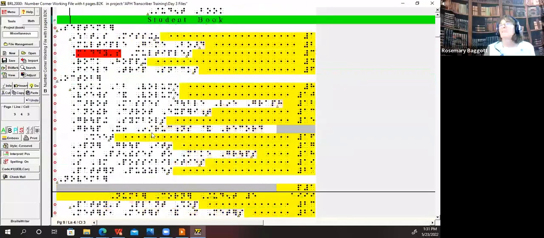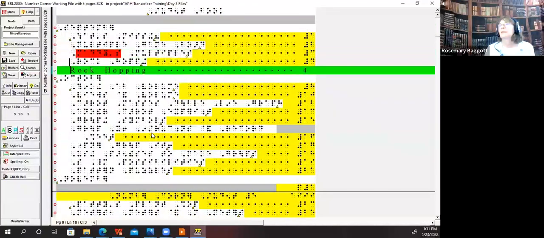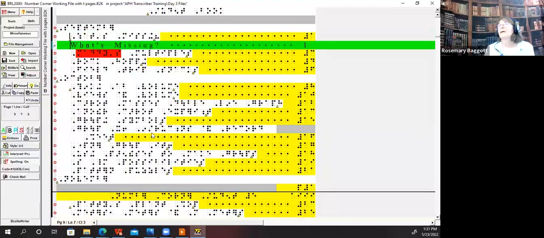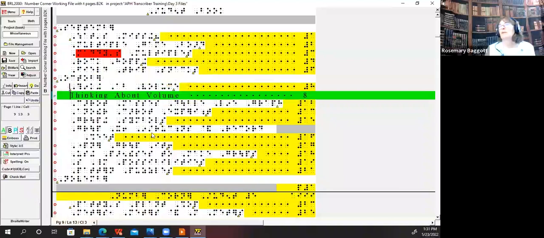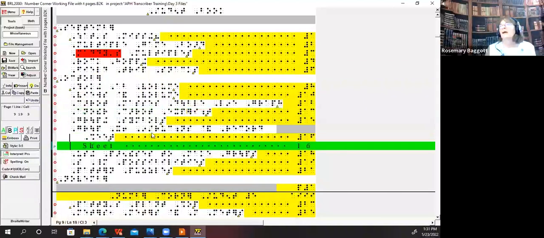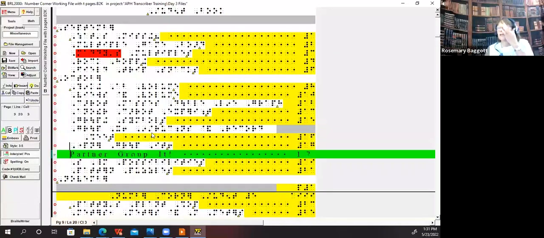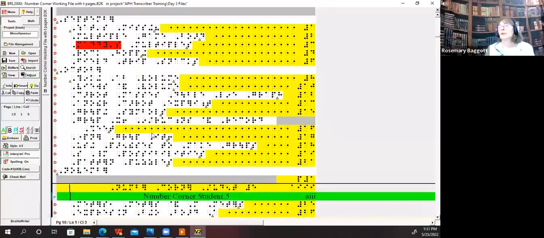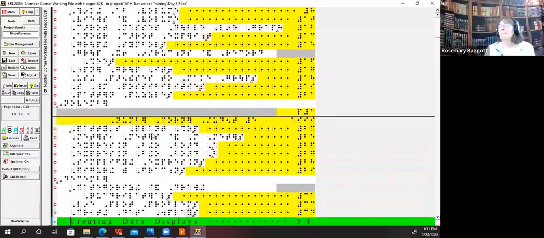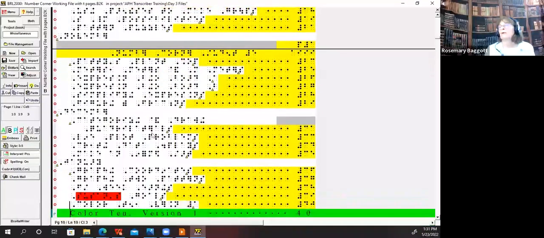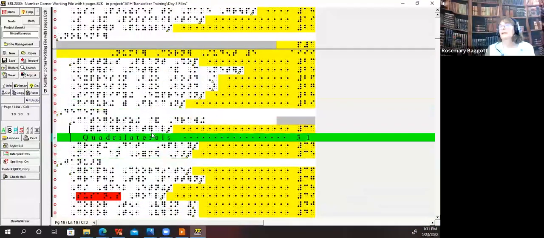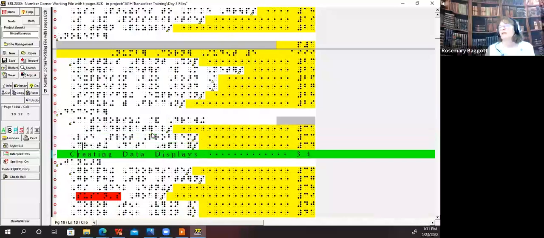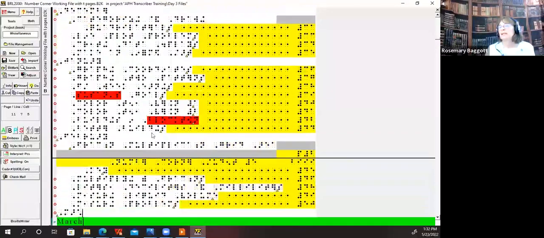So now I can go up to the top of the table of contents. I'm going to run through and proofread. This is September. Everything looks good. I will look at this carefully with the print. This line was too long, and so it did the run over. The run overs don't always happen if there's a lot of text in a table of contents. So this shows what it does. It left line 25 blank. Everything looks pretty good. There's another one where the line was long, and Braille 2000 automatically set the run over for the nested list.